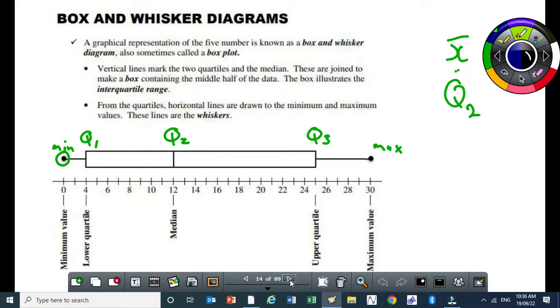Alright, now last week on Thursday I introduced the 5-number summary, which is made up of the minimum, the lower quartile Q1, the median Q2, the upper quartile Q3, and the maximum value. Now we need that 5-number summary to draw a graphical representation of the data set, in terms of what's called the distribution of a data set. So we need the 5-number summary to draw a diagram, which is a graphical representation, and that diagram is called